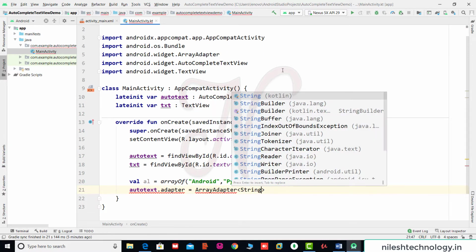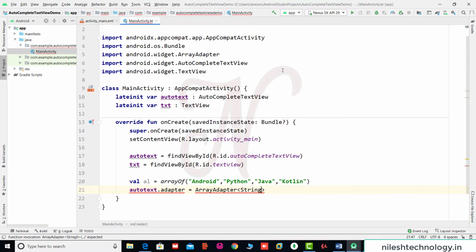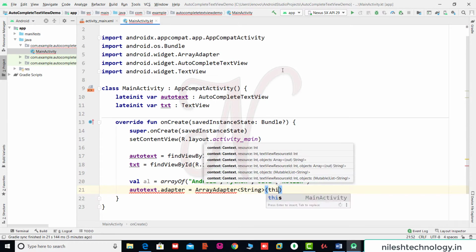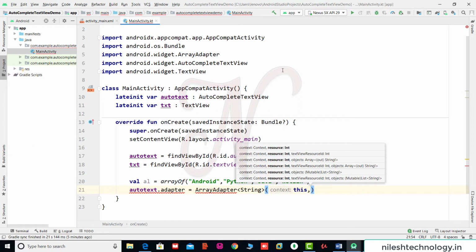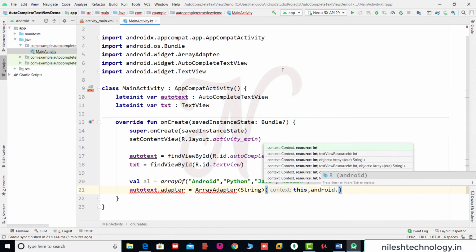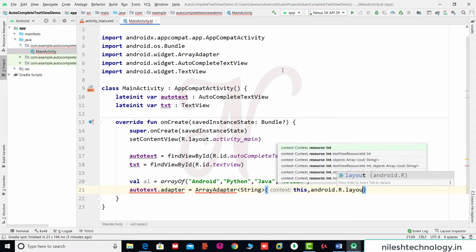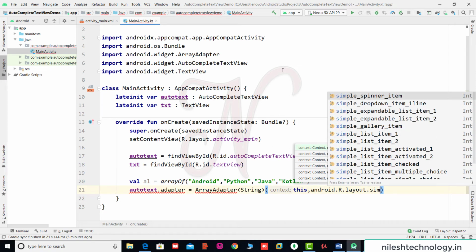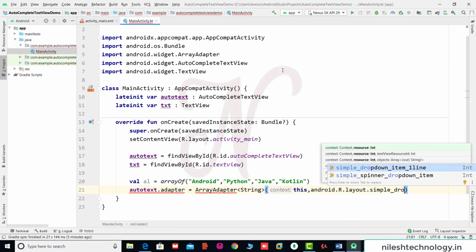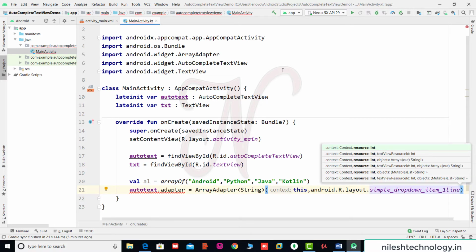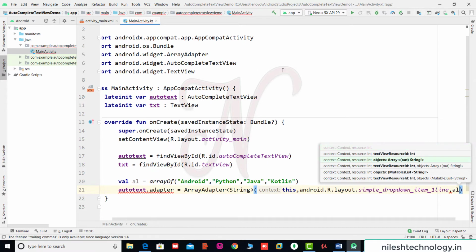This is a generic, so your data type is String, and pass some parameters: the current application context, this, then android.R.layout.simple_dropdown_item_1line, comma, your array name, which is al.